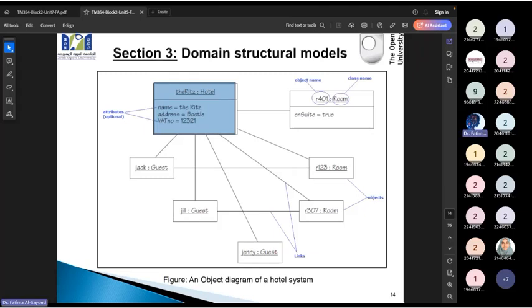In order to draw the state diagram, before I explain any details, what I want you to remember is that we are talking about one object. We are going to talk about this object. What are the states it goes through? So we said the hotel can be occupied or unoccupied. Is this the only status the hotel can go through, that there are people in it or no people in it? Can you think of more detail about the hotel? When we just open the hotel, what is it going to be, full or empty? It is going to be empty.